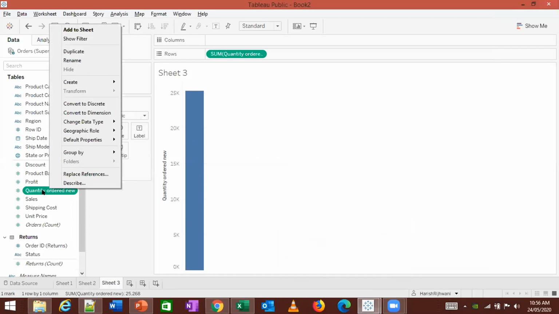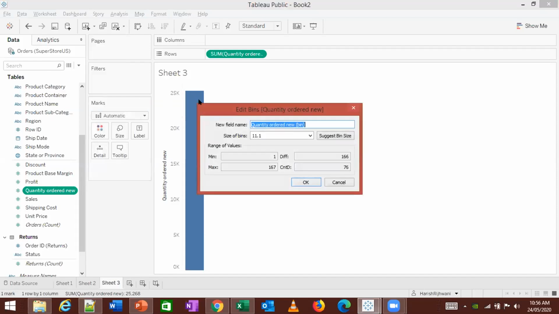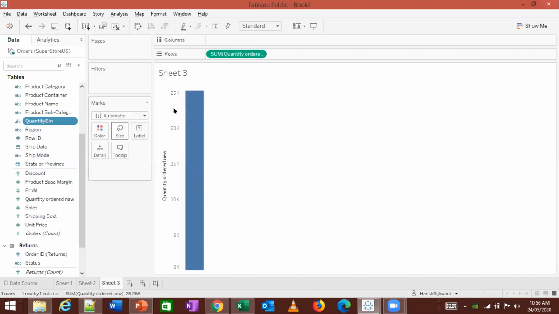So what I do, I right click on this quantity ordered and I create something which is called bins. Right click on quantity ordered and create a bin. I'll say quantity bin, and the size of the bin I'll make it 5. So it'll be 0 to 5, 6 to 10, like that. It'll go on shifting. When I do that, I get a quantity bin.